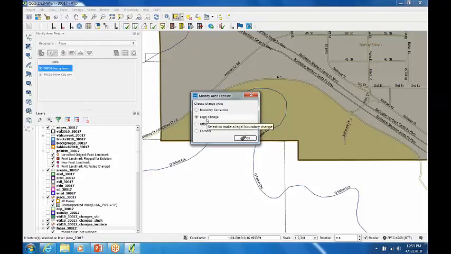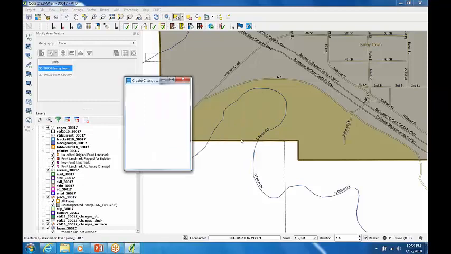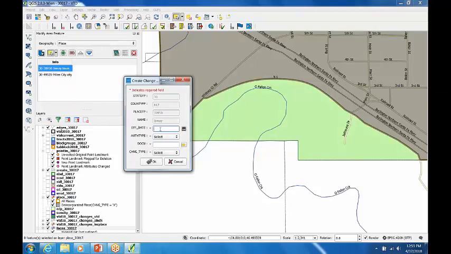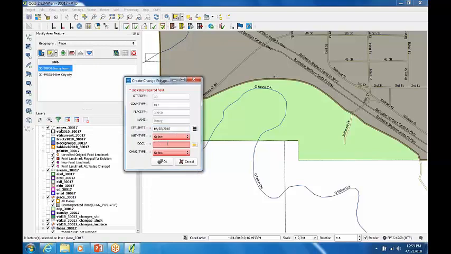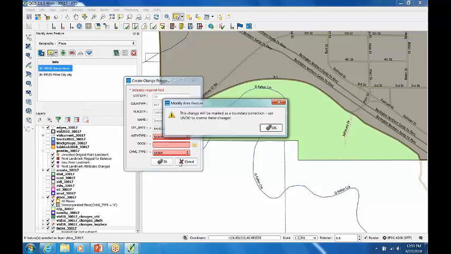Let's say I accidentally pick legal change. So I just said if you're really in a bind and you don't have the documents, and then I realize, oh shoot, I don't know the date, I don't know what it was, I don't have a document number, and I say I don't, or maybe I know some things. I know the date was, you know, April 2nd, whatever, and then I click OK. It's going to make me do this, and I'm getting annoyed with it, right? I'm like, I don't want to do it. If you click cancel,